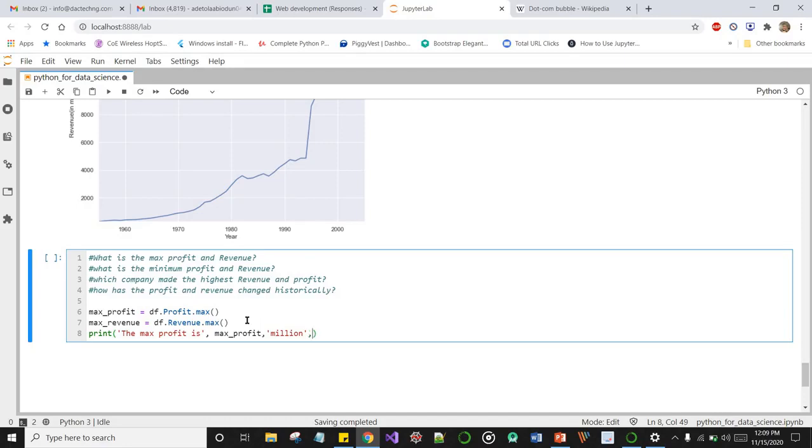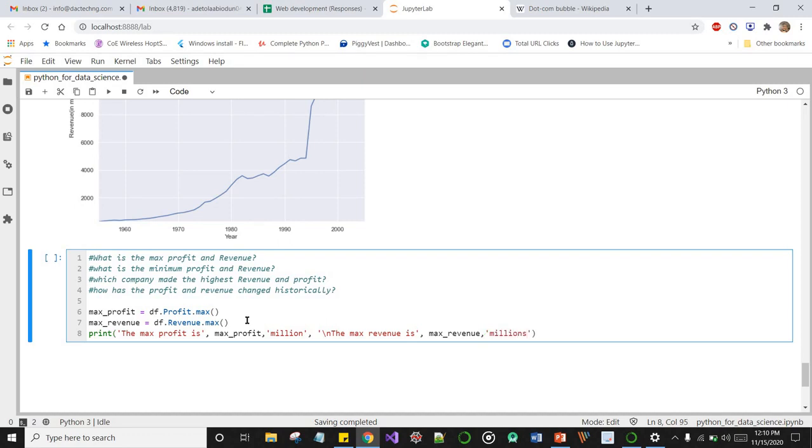Then let's insert a new line, \n, and say the max revenue is, comma, max_revenue, and that comes in millions too.